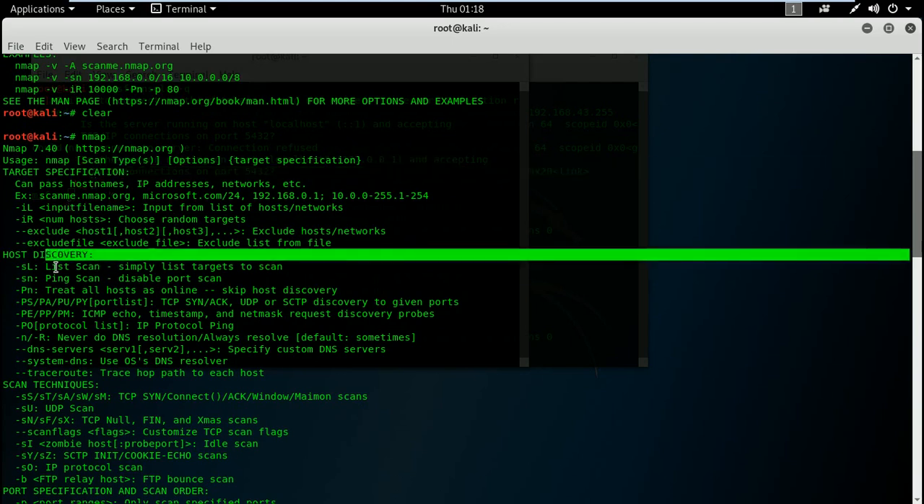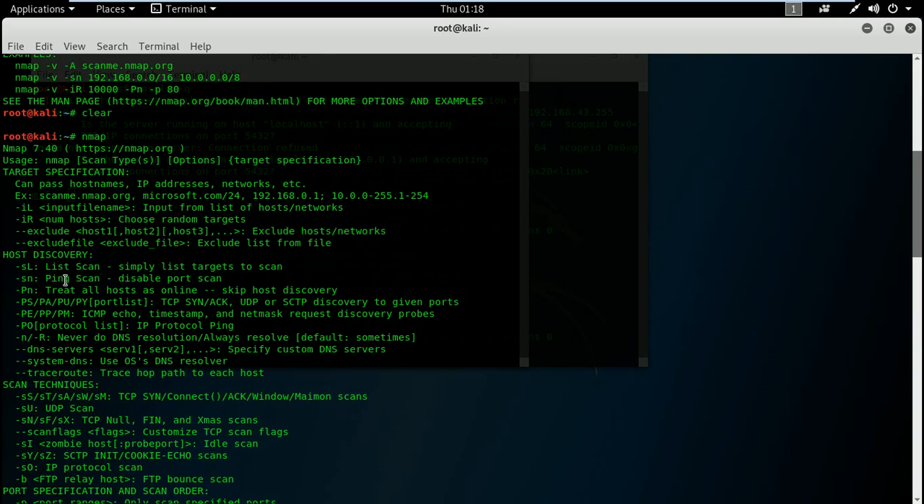Next is host discovery. These are the options that we have here. If you give -sL, that is a list scan, it will simply list the targets. Likewise, we have some other parameters like TCP SYN, which are important parameters. We will look into them now. So -PS, -PA, all these things will show you the ports which are open. Then DNS server, system DNS, traceroute, and under the scan techniques we have -sS, which is a TCP SYN scan, and -sT, that is another parameter,